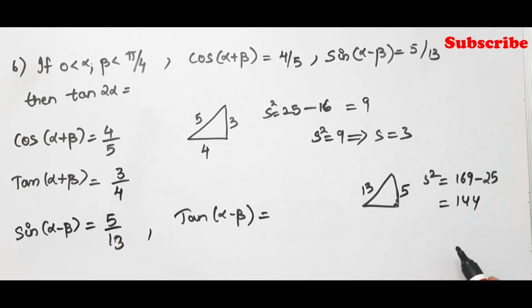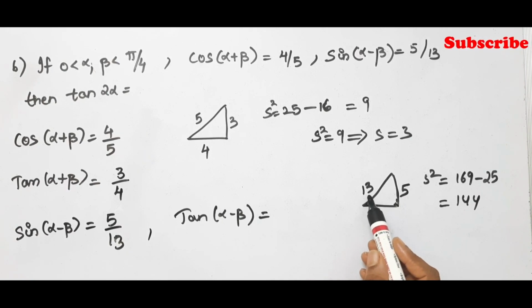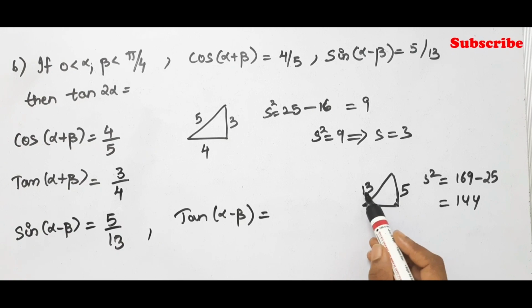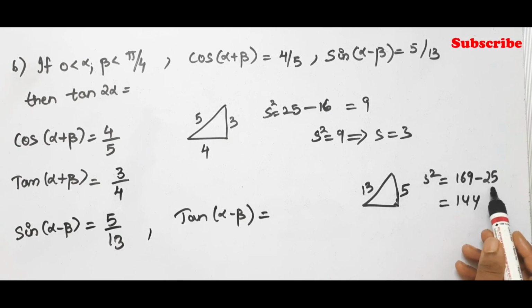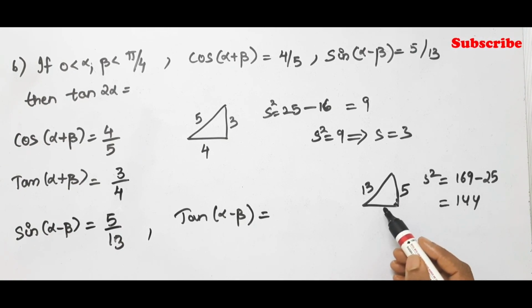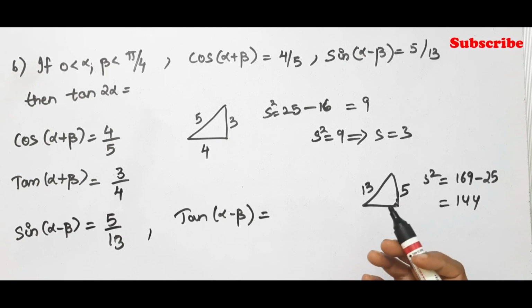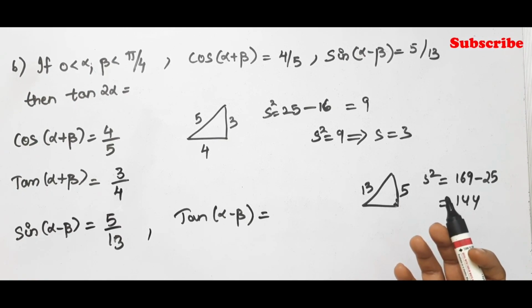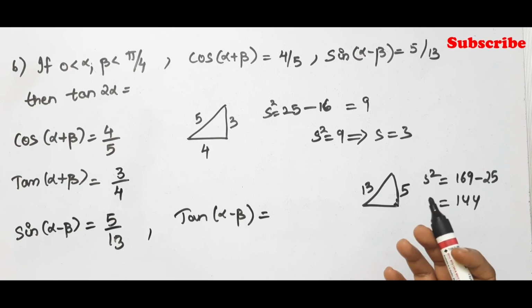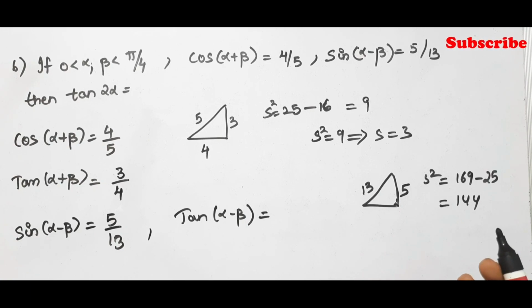So this is equal to 144. If you want to find the square of a double digit, I have already shown a short trick for how to find the square of a number, which is in the playlist tricks for quick calculation on my channel. If you want to learn, you can learn it by watching that video. By learning that short trick, you can easily calculate the square of any number. It will be useful in your competitive exams.